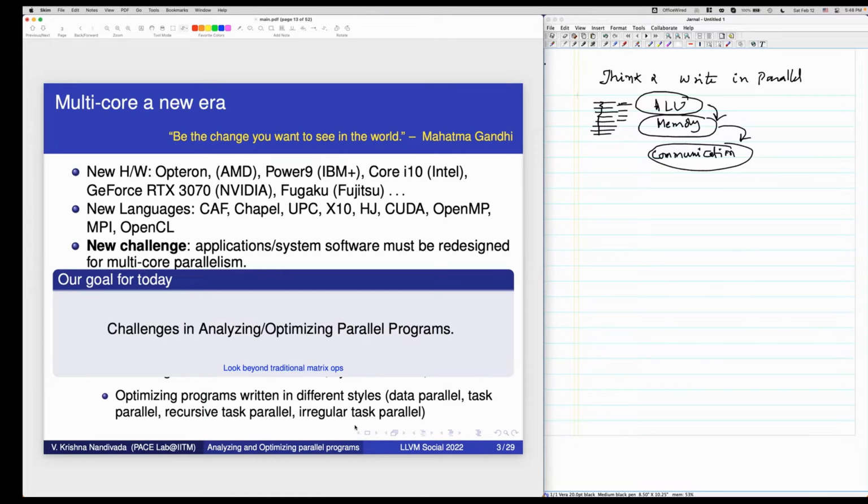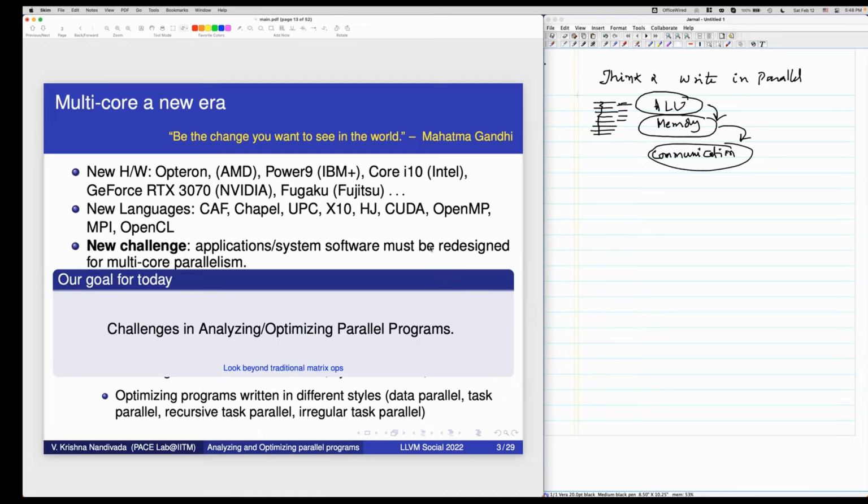So our goal is to understand the challenges in analyzing and optimizing parallel programs, and I promise I will not show traditional matrix multiply codes, right? Our goal is to look beyond traditional loops where the codes have been very well studied.